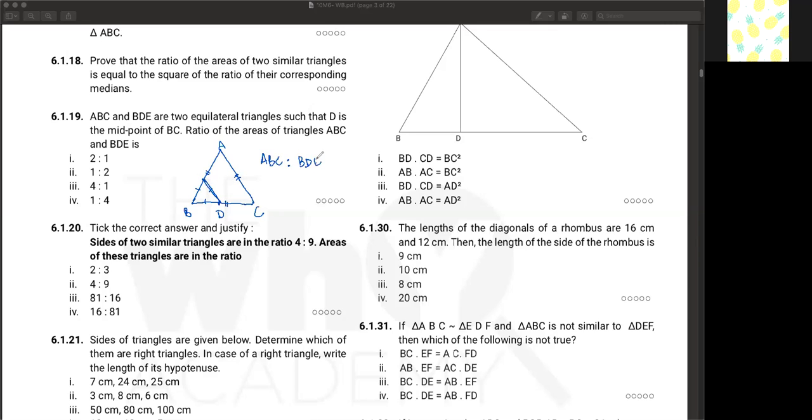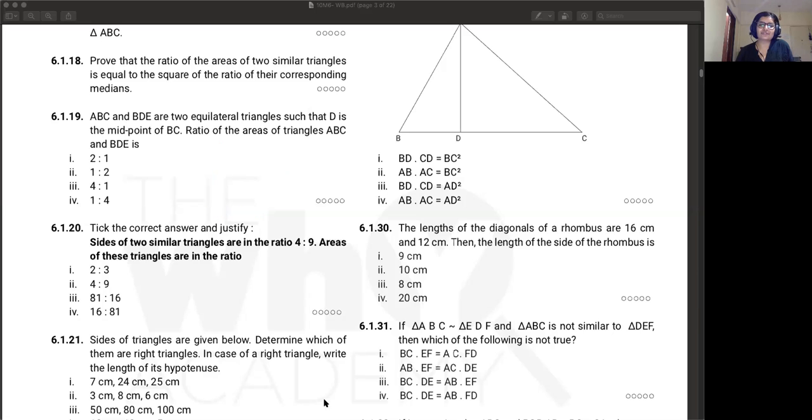4:1. Very good. So sides का ratio, midpoint है, इसलिए BC is to BD is 2 is to 1. So area is going to be the square of that, so 4 is to 1. Ma'am, even last year we had this for the midpoint theorem question. In fact, you have the midpoint theorem again. So midpoint theorem का proof पूछेंगे, and it's very easy because you have to use BPT. So वो पूरा triangles congruent proof करना and all, you can skip that.